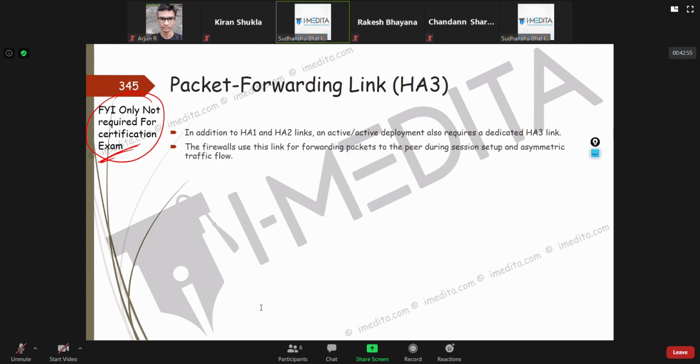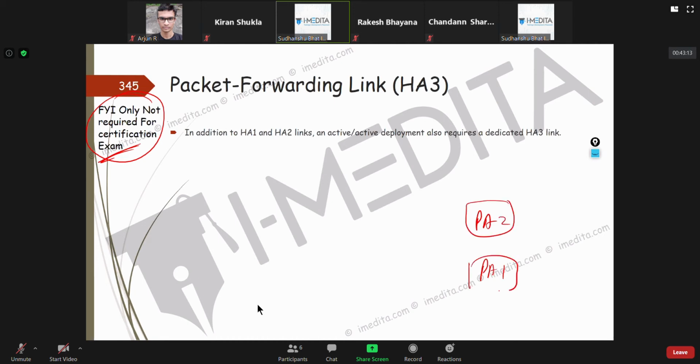This is the link that firewalls use to forward packets to each other. Because like I told you, when you establish active-active, suppose both of them are acting as active.